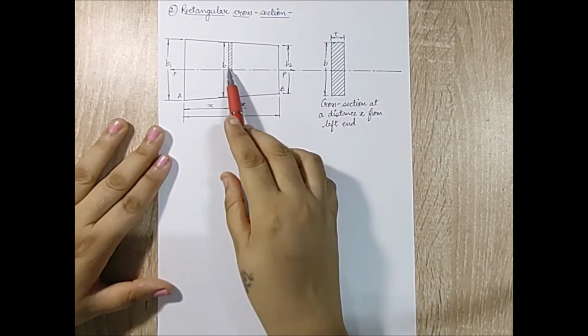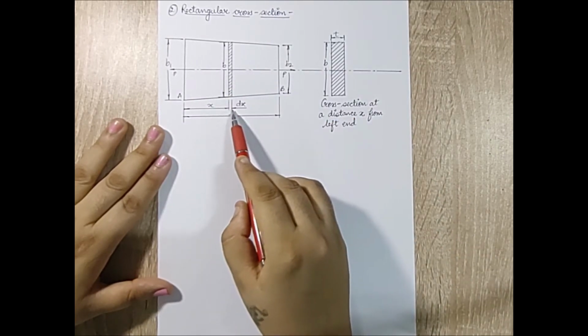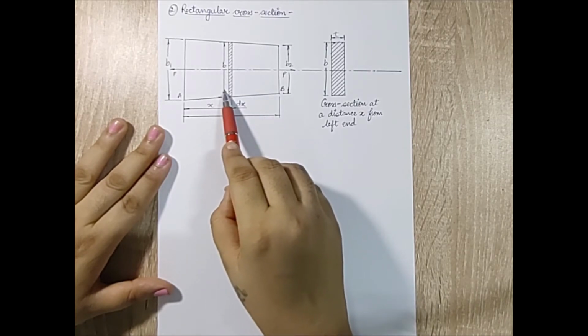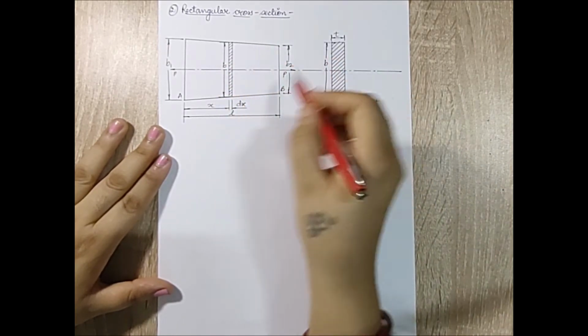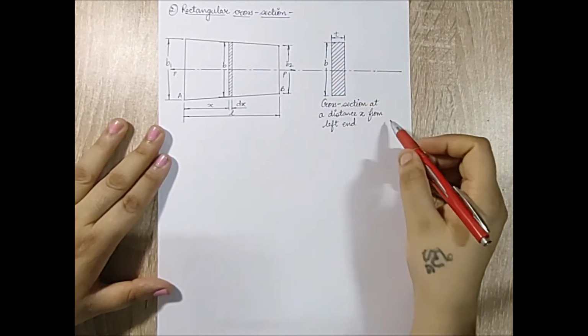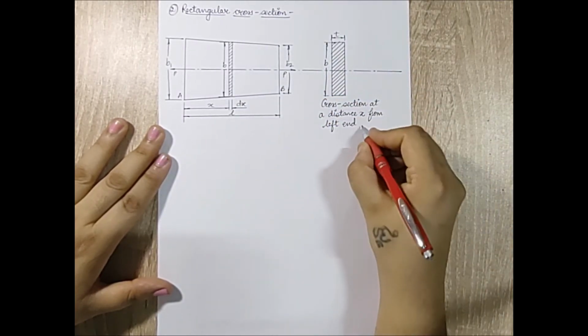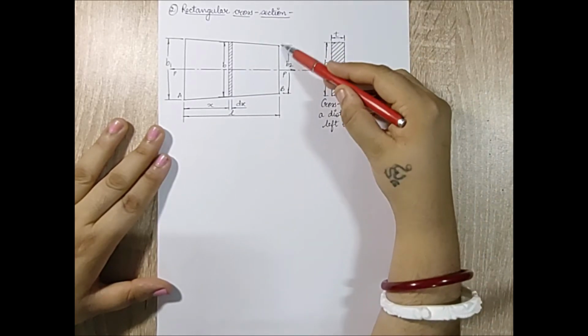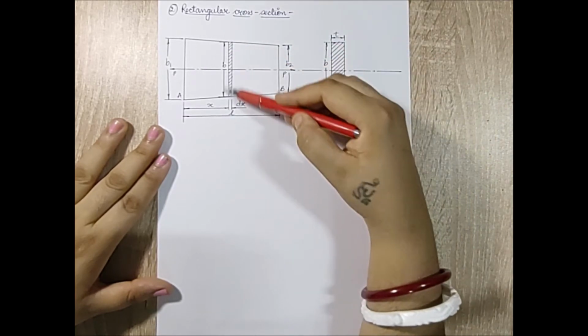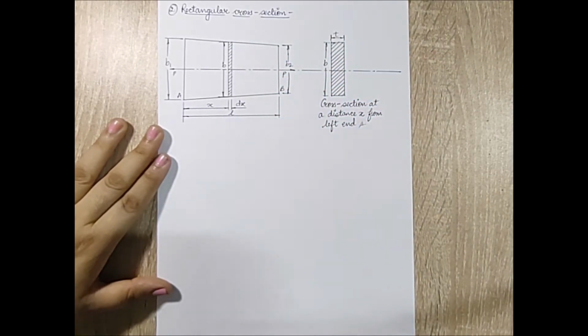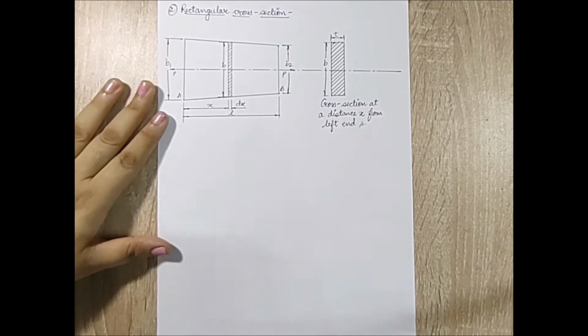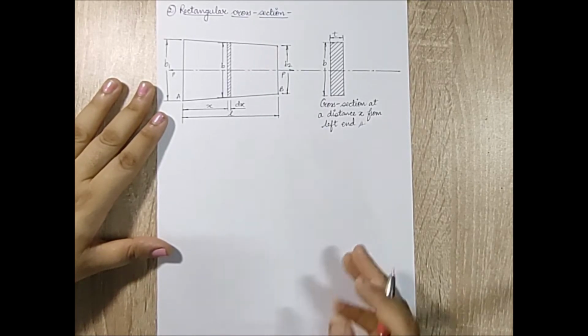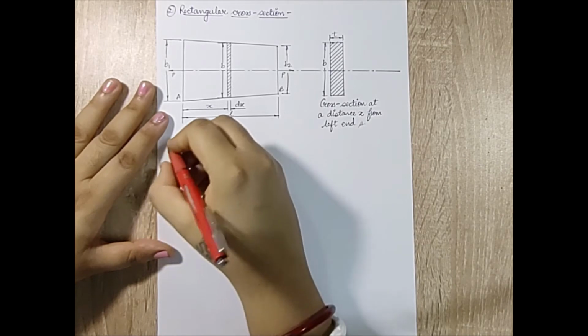For solving, I will again consider a strip whose length is dx. The width of this strip is B. When I project this over here, I get the cross section at a distance x from the end A, and let the thickness of this strip be T, which is this dimension. So I have marked here T and this is the width B. Now I will be starting this derivation on similar lines as I have done the first one, except a change that in the previous one I was talking about diameters. Here I am going to talk about change in width. So let's start.